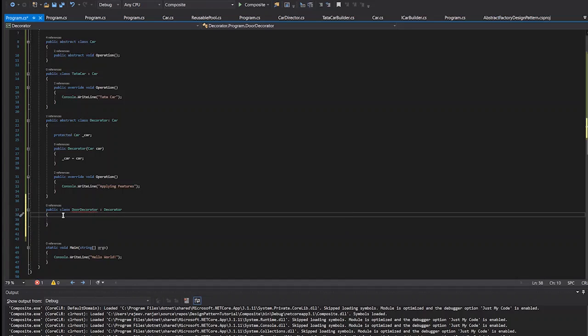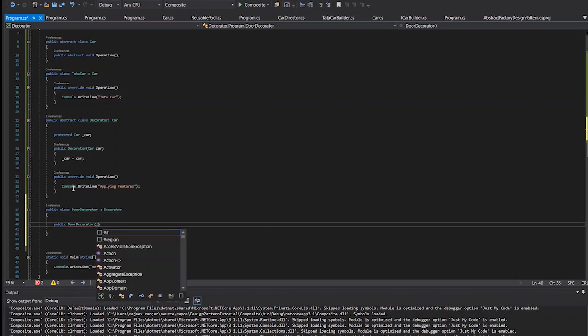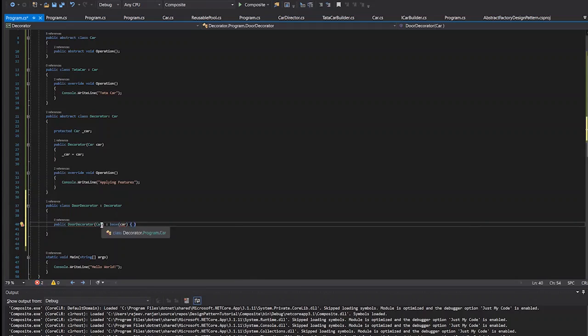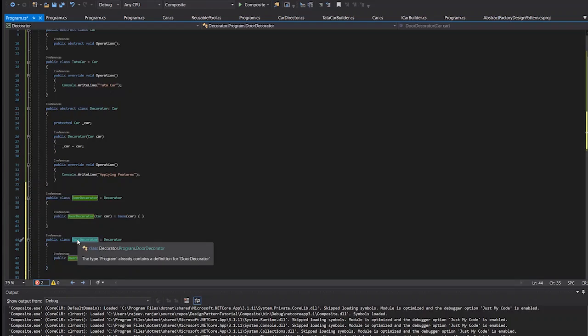We need to create its constructor also. So we have a constructor for this one. Let's copy paste it to create a separate color decorator. So we are creating our wrapper here.